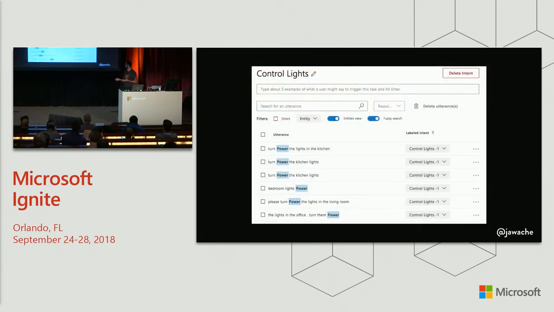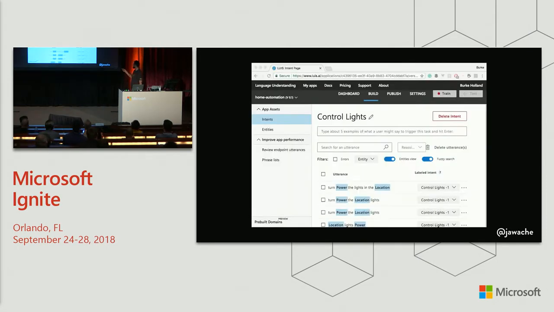So how it works is you get examples, just as I described before with sentiment analysis, you do need examples of text. So you get examples, and they're actually termed utterances in here. So each one of these is an utterance. Such a British word. I always find it strange here. So you have these utterances, and then you have to tag them yourself, manually. You grab the utterances and tag them. So you tag the words that signal the power, and then you can also tag the location as well.